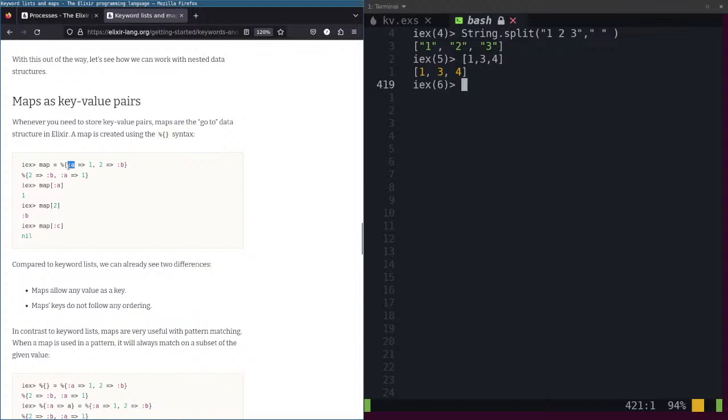This is an atom. Yes, this is an atom. And an atom is like a constant in other languages like C and C++. And this is what I got. I understood, but it's so strange. It's often used like key-value pairs like this. This will have a key named a, and the value is 1.